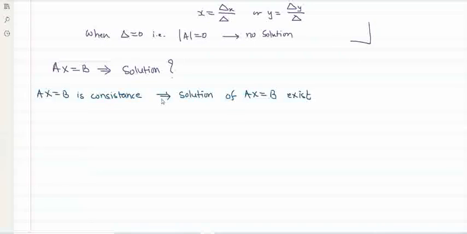Whenever a solution exists, we say consistent, and Ax equal to B is inconsistent